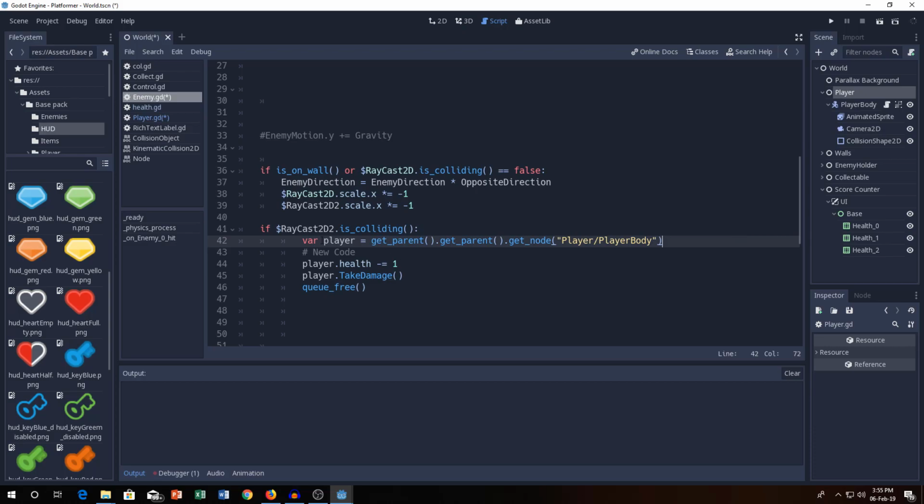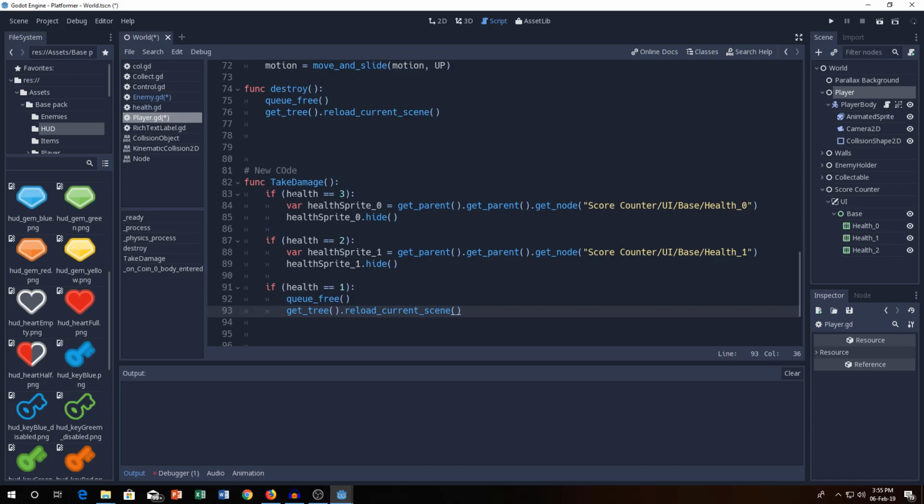So now we have the player, and now we can access the health. We take the health and subtract 1. So whatever the health is, for example 4, 4 minus 1 is 3. Now the health is 3. Now the damage function will check if this is 3. Yes, it is. Then it will destroy